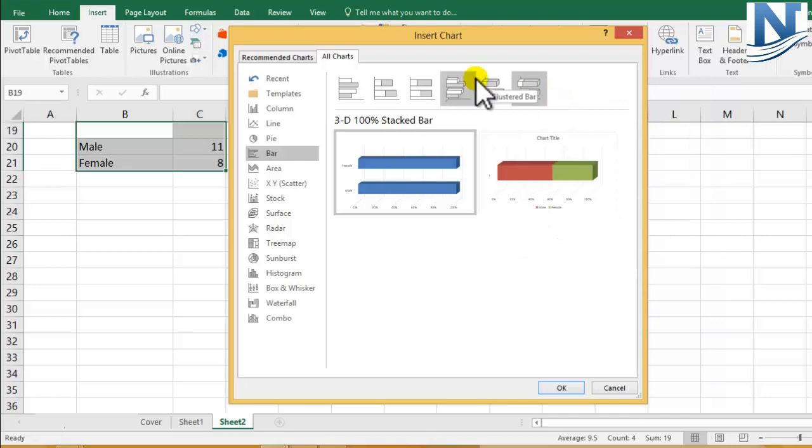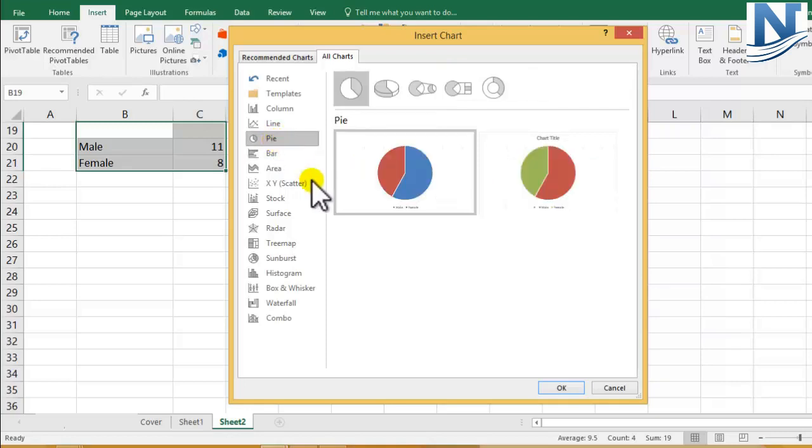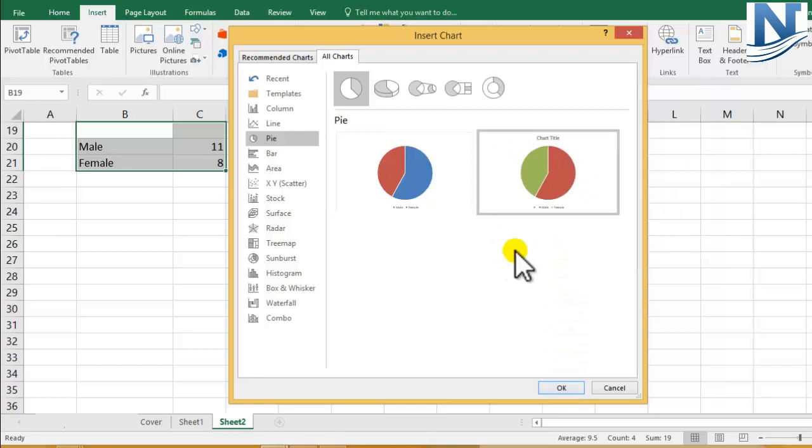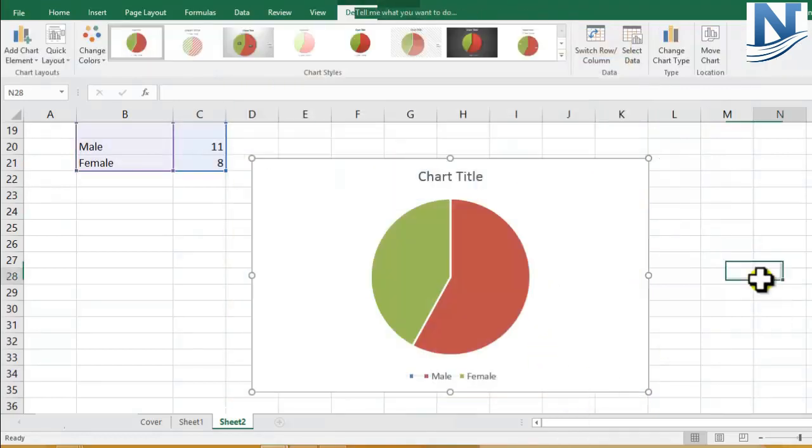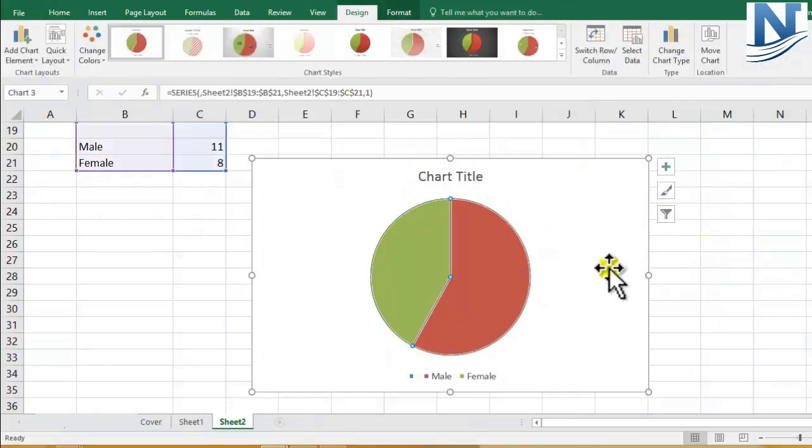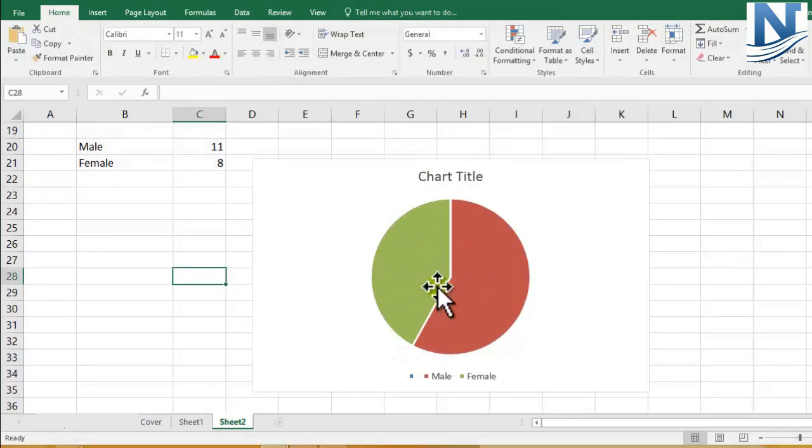But in this tutorial, we are going to make use of a pie chart, which absolutely fits our requirement for the male and female employees. So I'm clicking on pie chart from here and I'll click on OK. If you want to select this type of pie chart, you can click on that and click on OK. Can you see a pie chart, a circle chart, is now made? If I bring my mouse on the green area, you can see all the information.